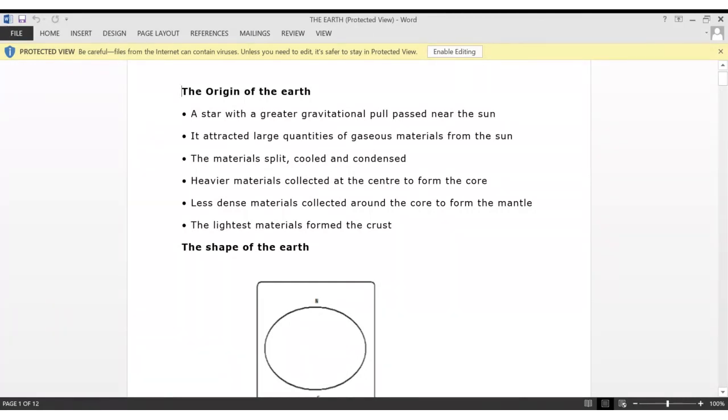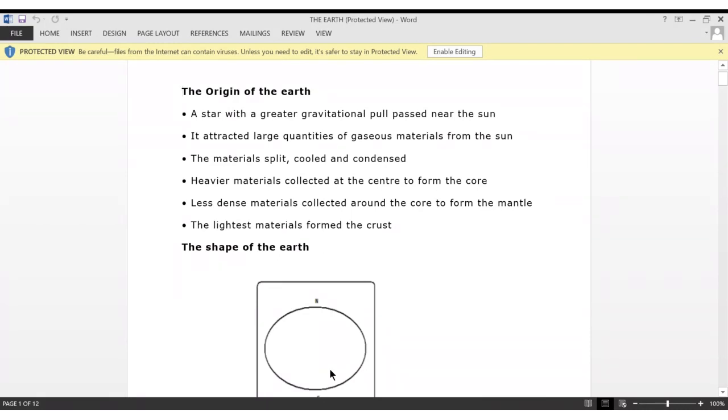I'm going to talk about the earth, the origin of the earth. So, our class today, we are going to talk about the earth. So, let's start from the origin of the earth,